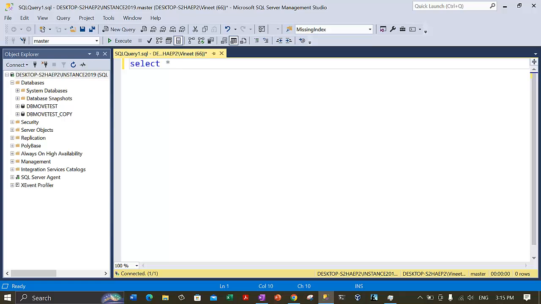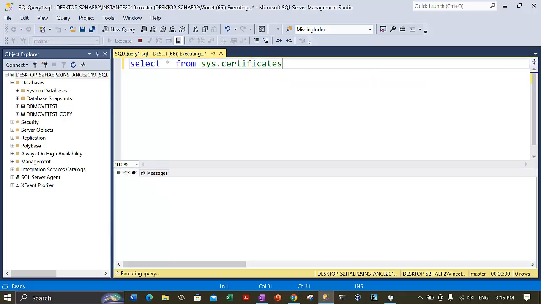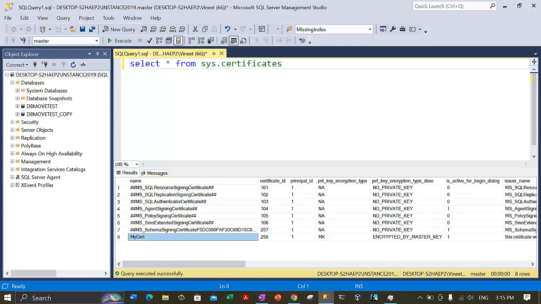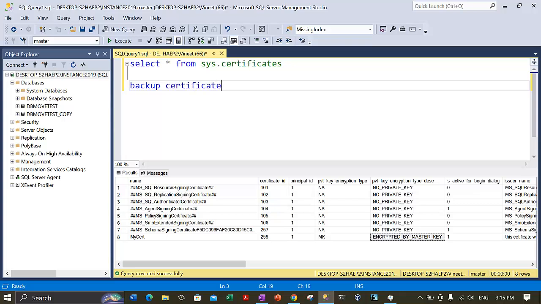So you can write select star from sys.certificates. This is a system catalog view that will show you any of the certificates created by you. Earlier we had created that certificate, my cert, which is encrypted by the master key. Alright, so it's an encrypted certificate. Let me go ahead and show you the syntax to back up this certificate, so you can write along with me. So the syntax is BACKUP CERTIFICATE,